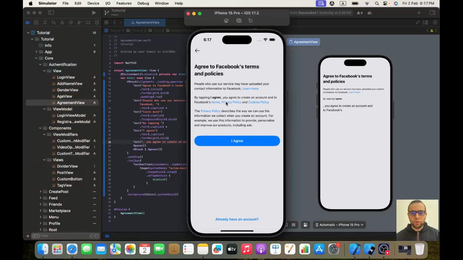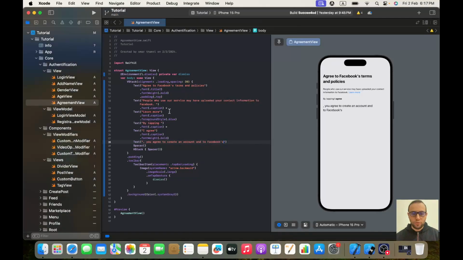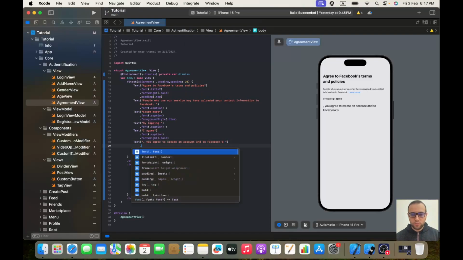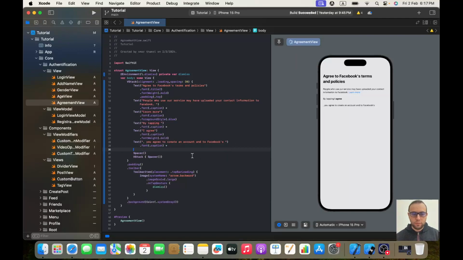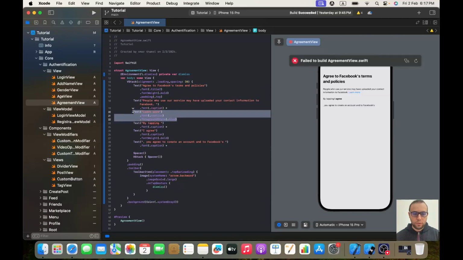Okay, then we got this one which is blue, so Facebook, and then it will be of course dot font of dot caption, and then I will have the plus,